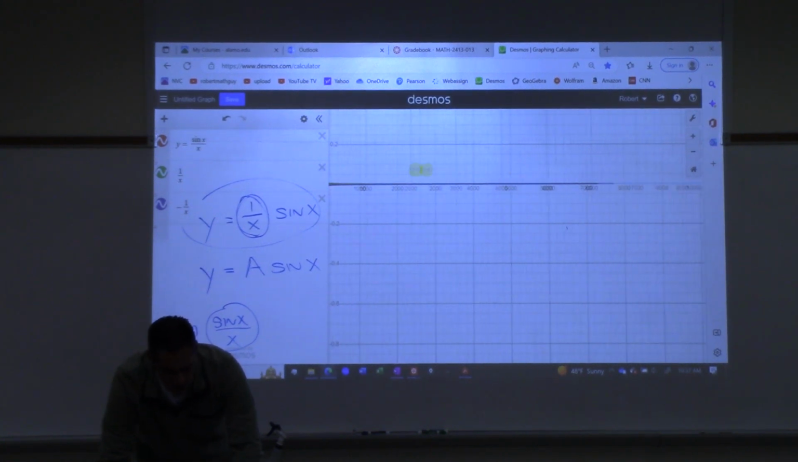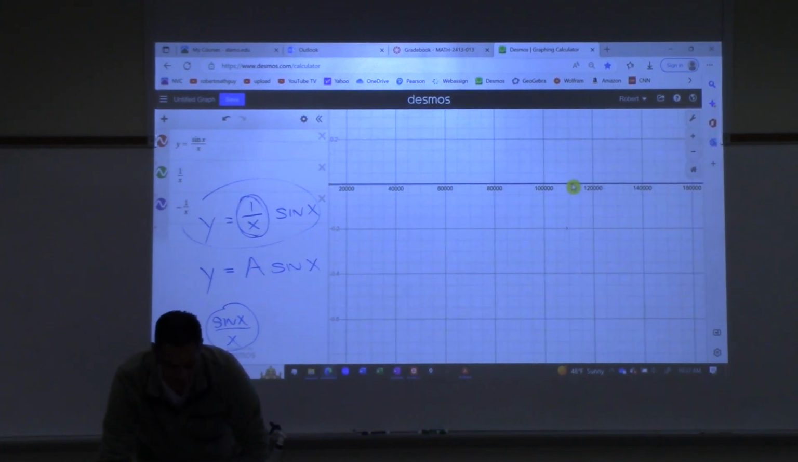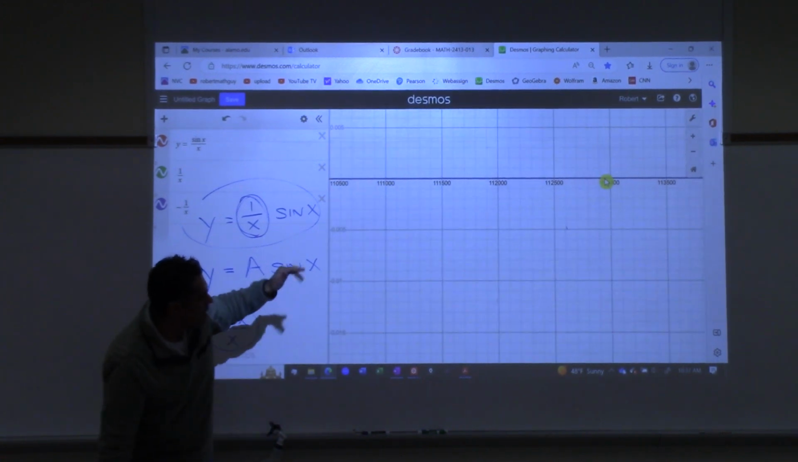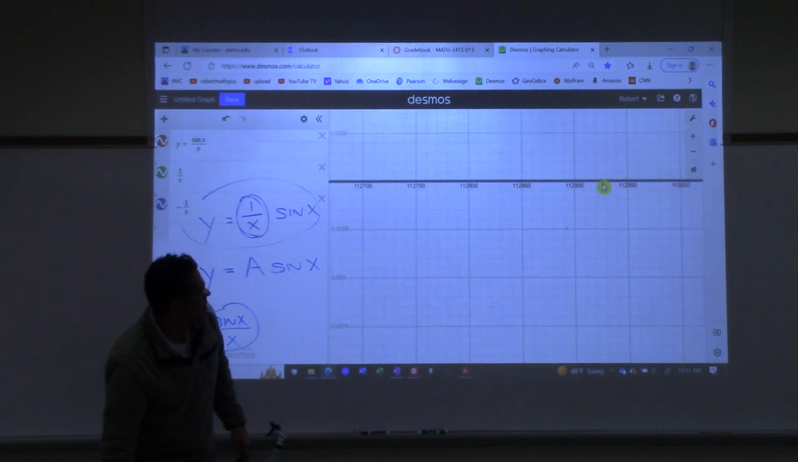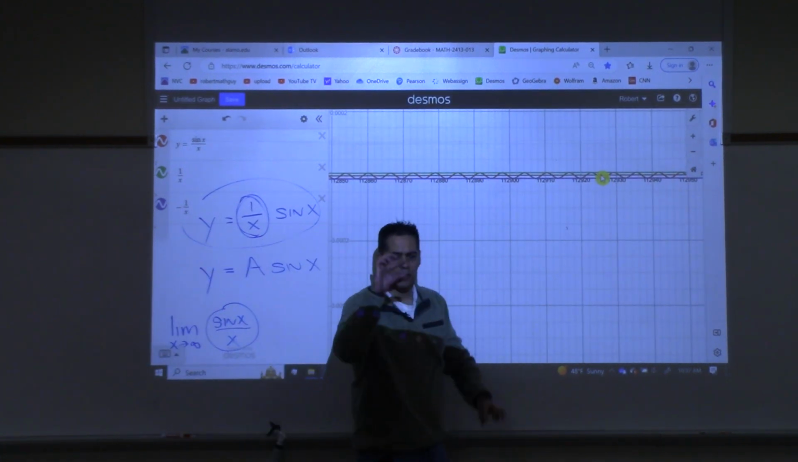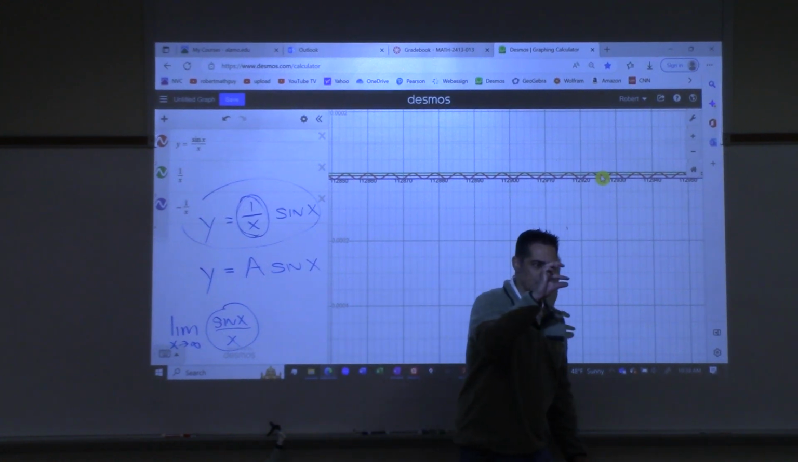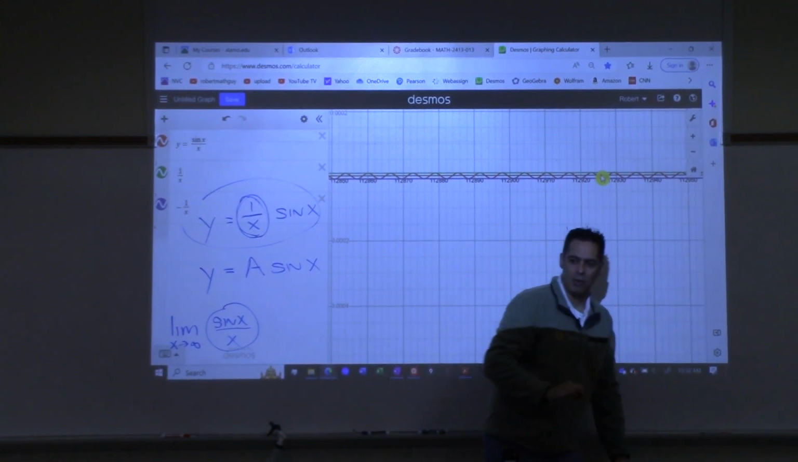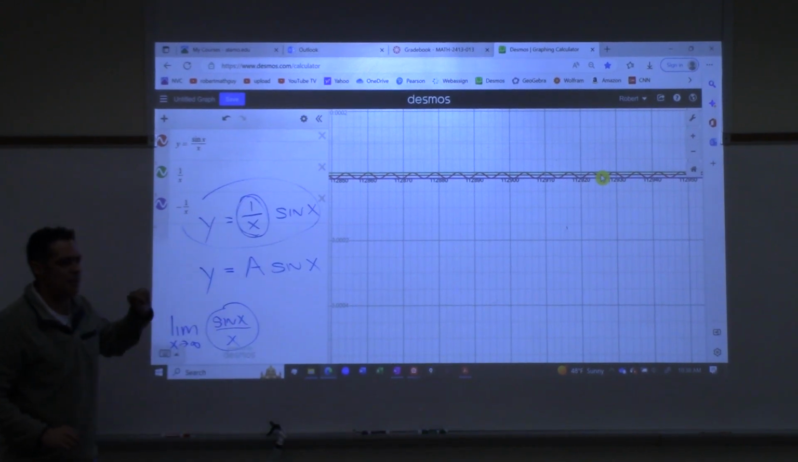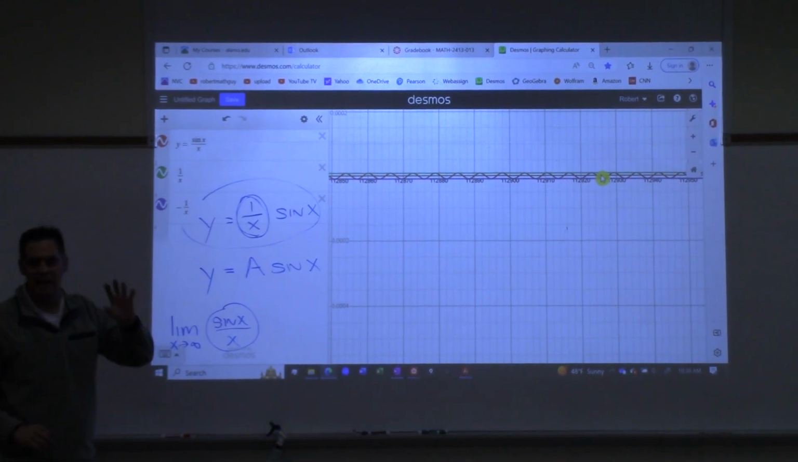you can say that it's approaching 0 because as you zoom in, there's still going to be oscillations in here, but these oscillations just keep getting smaller and smaller and smaller, so it is approaching 0. Weird function, right? Now, the reason we like that, in engineering and physics, this is called a damped